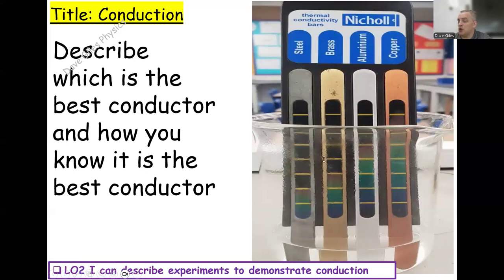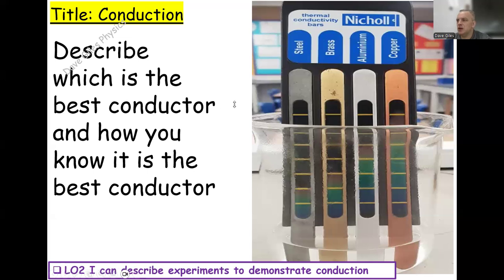certain period of time. So they've all received the same amount of heat energy because they're all placed in the water at the same time. And you can see from this, because the heat has risen up the copper first, or fastest rather, copper is the best conductor, then aluminium, because it's not quite as high, brass, the third conductor, and then steel is, by comparison with the other three, a poor thermal conductor because the heat has only traveled a little bit up the metal